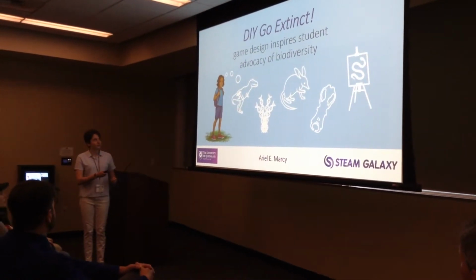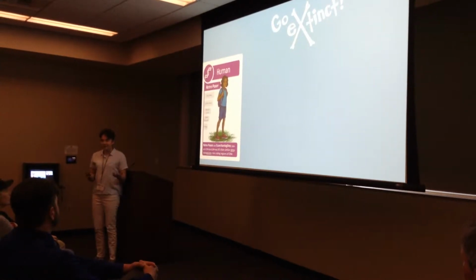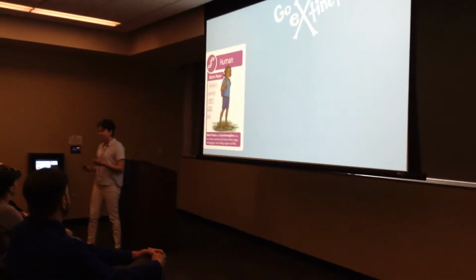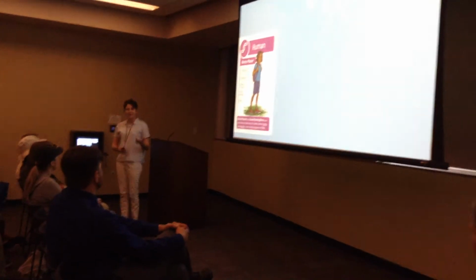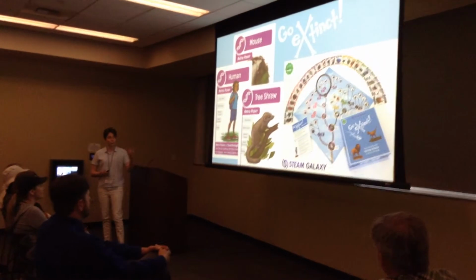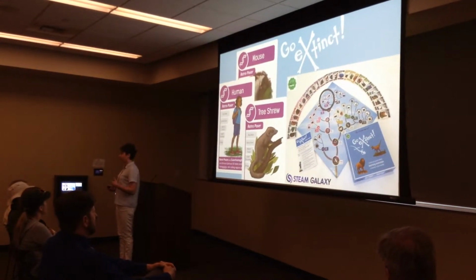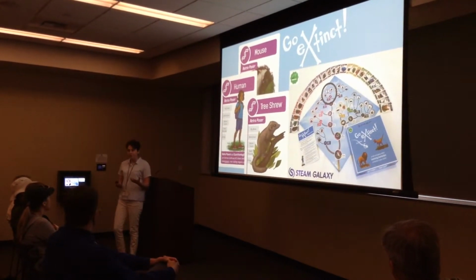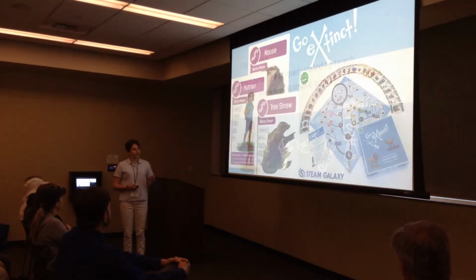So, in 2014, I designed a game called Go Extinct. Many of you are familiar with it, but it's a bit like Go Fish in that you're collecting sets of closely related animals, which you must read an accurate evolutionary tree in order to determine. I'll go over most of the rules in a little bit, but I'm going to be using that game